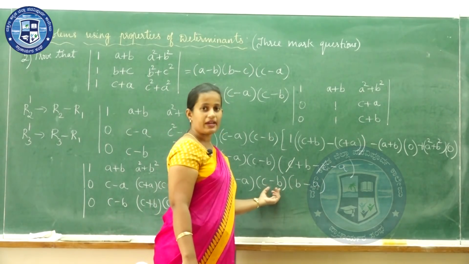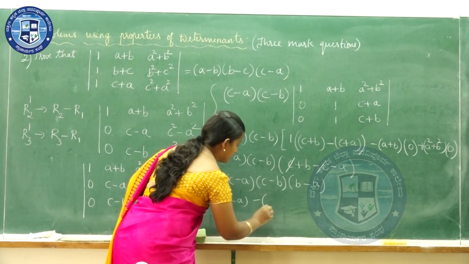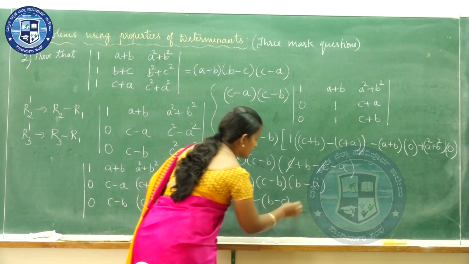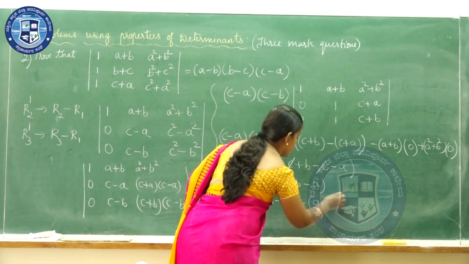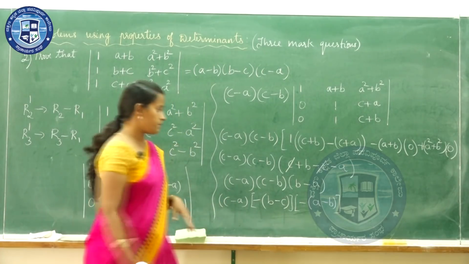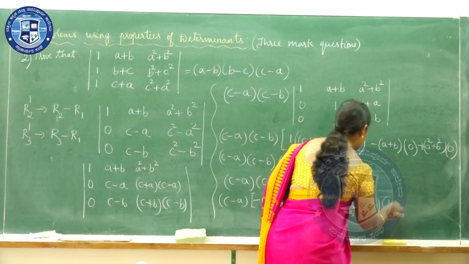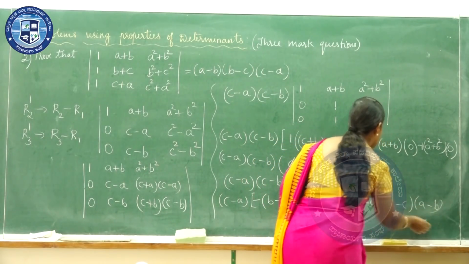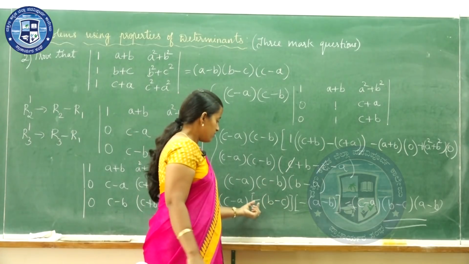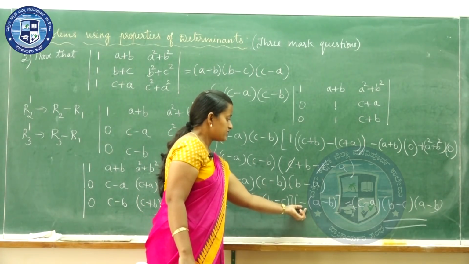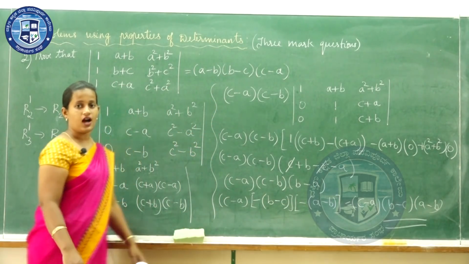What we will do is we will take out the minus sign from both the terms. So here you have C minus A, take out the minus sign, it becomes B minus C. Here also take out the minus sign, it becomes minus A minus B. So minus into minus becomes plus. So this simplifies to (C minus A) into (B minus C) into (A minus B). So this is what we wanted, A minus B, B minus C and C minus A. So here we took out the minus sign, here also we took out the minus sign. So it becomes A minus B, this becomes B minus C. When you simplify, you get the required answer.